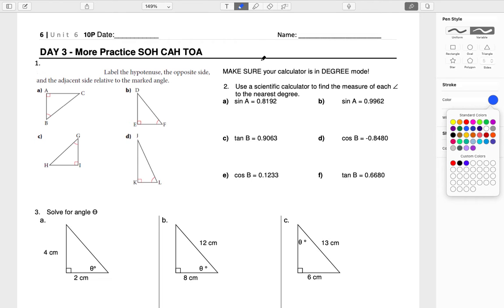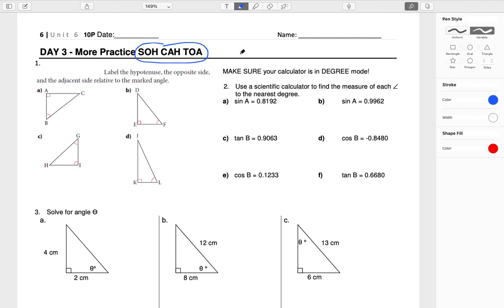Now, today is day 3. We're going to do a little bit more practice on Sohcahtoa from yesterday's lesson. So yesterday, we talked about Sohcahtoa, meaning sine, cosine, and tangent. And we use Sohcahtoa when we are looking for an angle or a length. So yesterday we concentrated on finding the length only, but today we're going to figure out how to find an